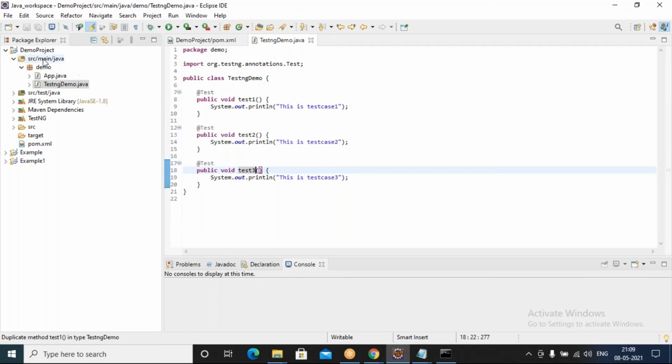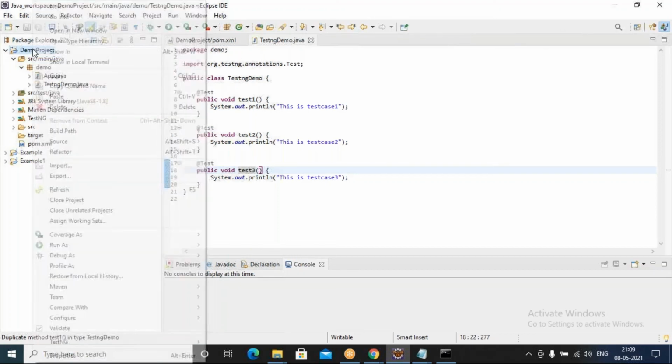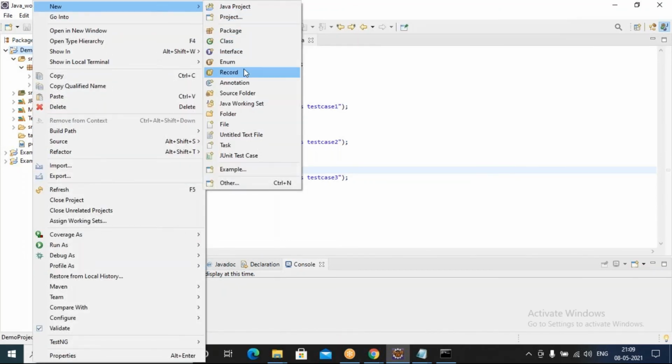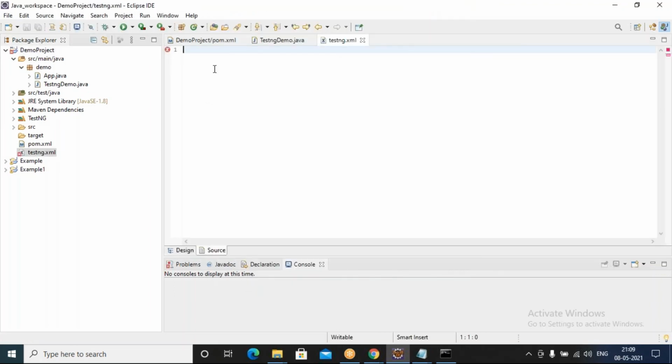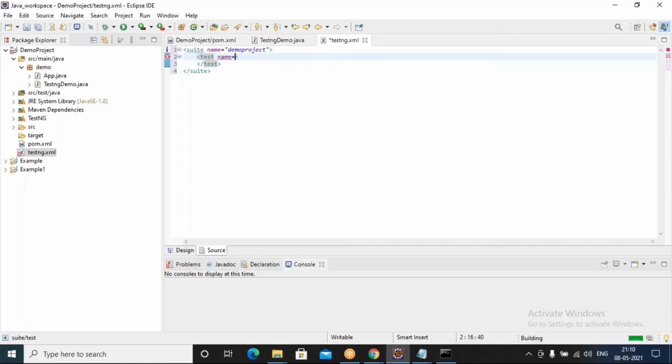And I need a testng.xml file to run this test, right? I will create the testng.xml file. I created testng.xml. I will just say suite, the name of the suite I need to tell, demo project. Inside the suite we will have tests, multiple tests will be there.